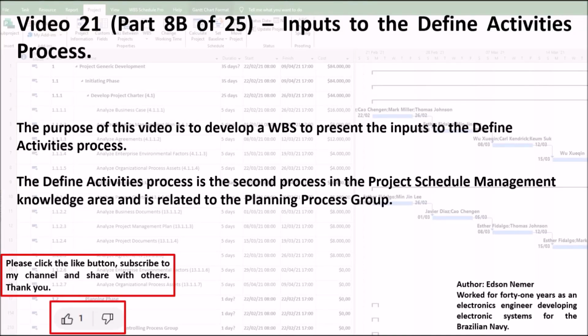Video 21, Part 8b of 25, Inputs to the Define Activities process. The purpose of this video is to develop a WBS to present the inputs to the Define Activities process. The Define Activities process is the second process in the Project Schedule Management knowledge area and is related to the